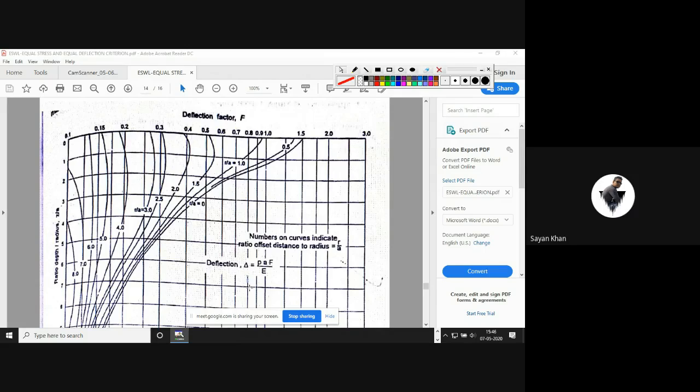Sometimes they will ask you to find out the ESWL or deflection or stress for a point at some distance from the left wheel. They will provide you the distance, which means they have provided you the R value. So at that time you need not calculate from the diagram, you have to put that R value only. But sometimes they will say that it is in between the two tires, or just below the right tire or right wheel or left wheel. They will tell like that. In that way we have to determine the R value. Okay, ma'am. No doubt? No.